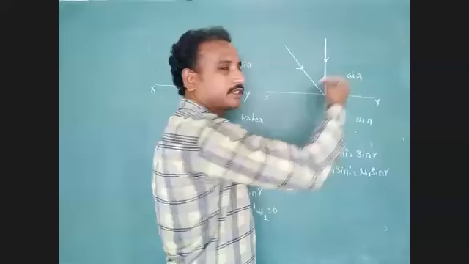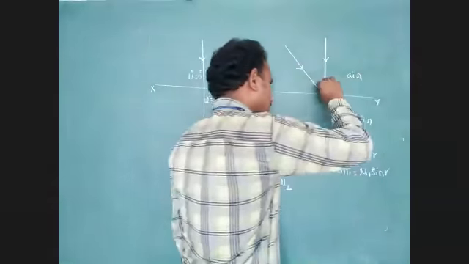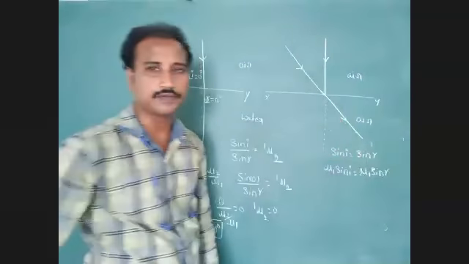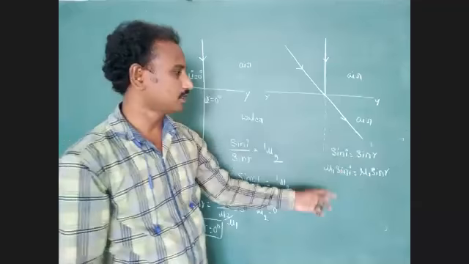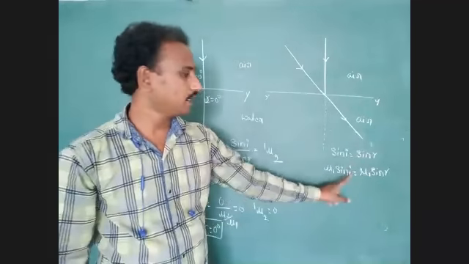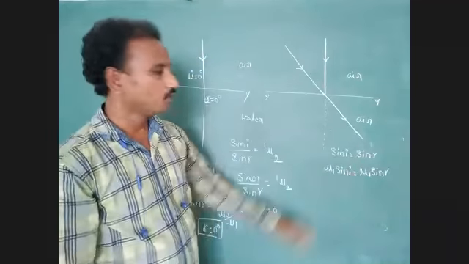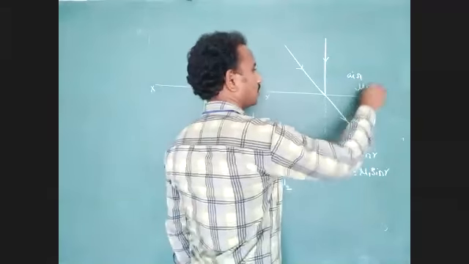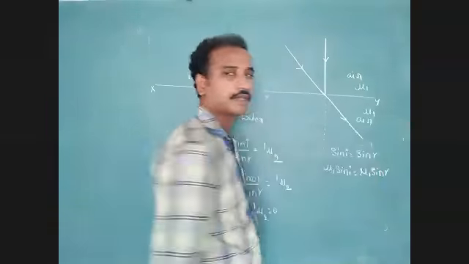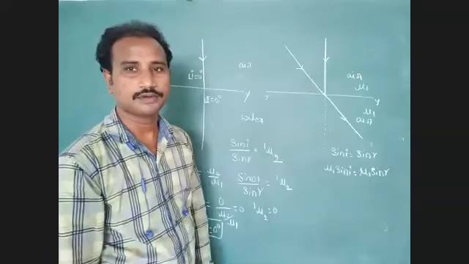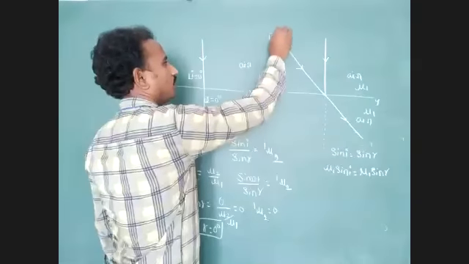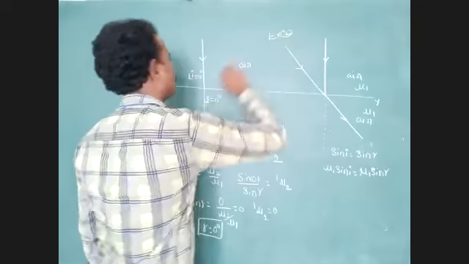What is the direction of the refracted ray? The direction of the refracted ray is also the same as the actual path of the incident ray. So we have to consider the condition mu1 sin I equals mu2 sin R, where the refractive index of both mediums is the same, mu. Understood, students? Do you have any doubt? So we have to note down these two conditions. Very, very important example problems.